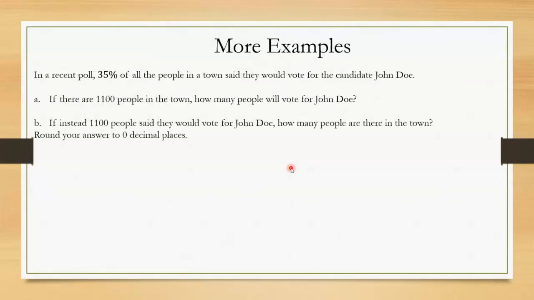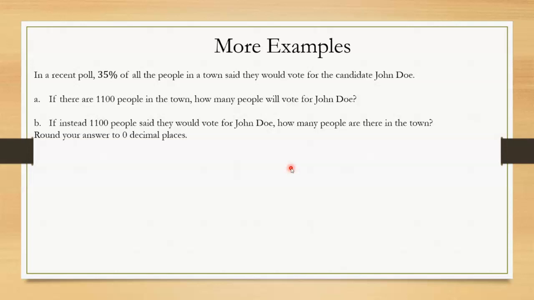So here we have some poll. I just made this up that somehow 35% of all the people in a town said that they're going to vote for someone named John Doe. Again, I made this up, you know, it's hypothetical. So in part A, I'm saying, well, let's assume there's 1,100 people in the town. How many people are going to vote for John Doe? So